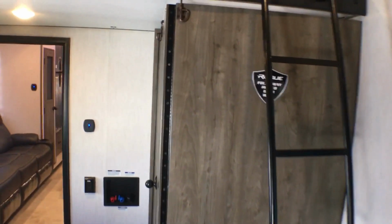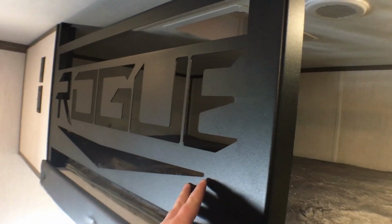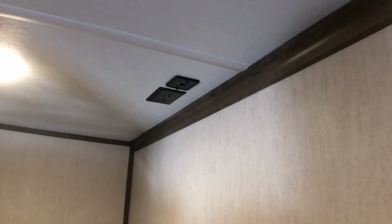As you can see up here, and let's see if I can do this one-handed, you do have a nice loft, and you'll notice the rogue, I'm going to call it child safety rail. And you also have TV hookups over there, as well as 2 speakers. So again, you have a third place for someone to sleep, and they do have a power outlet up here,